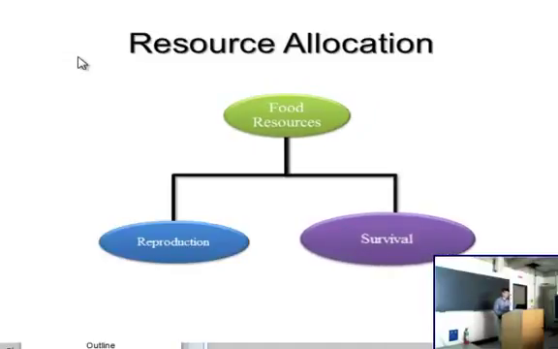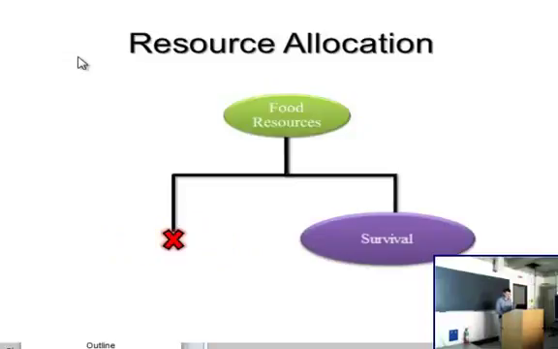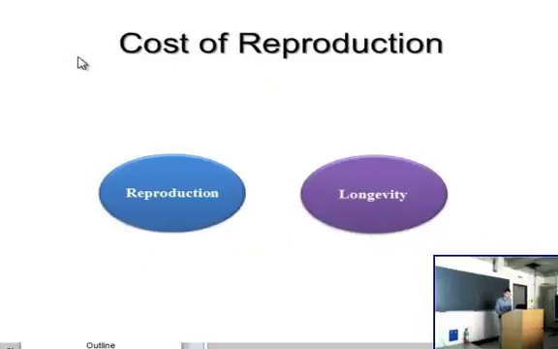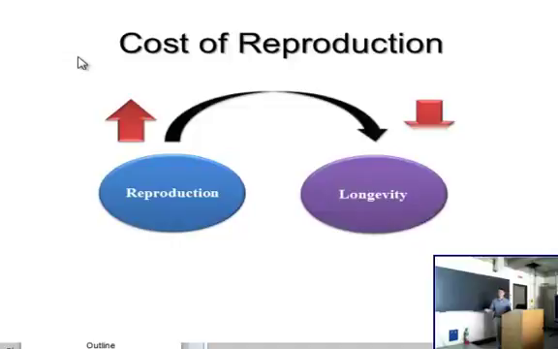This is thought to be an adaptive life history trade-off because it allows the organism to avoid the cost of reproduction if that reproductive ability isn't guaranteed. That cost of reproduction is that as current reproductive effort increases, there's a decrease in the probability of survival. And by decreasing survival, you have a shortened lifespan. And by shortening the lifespan, there are fewer opportunities to mate in the future. So again, by avoiding those poor conditions, maybe at some point in the future they'll improve, and then you can begin your reproductive effort. Unfortunately, you just can't shift this indefinitely because there's a second link between longevity and reproductive ability, and that is through reproductive